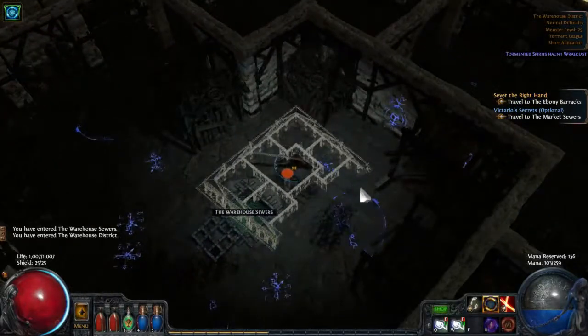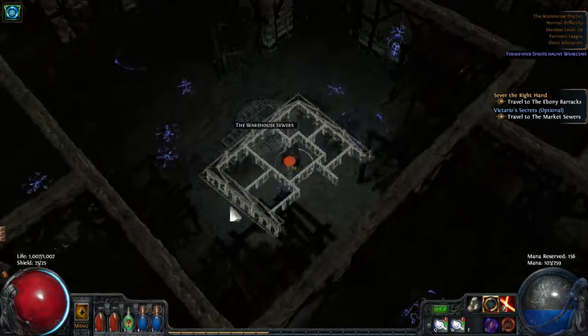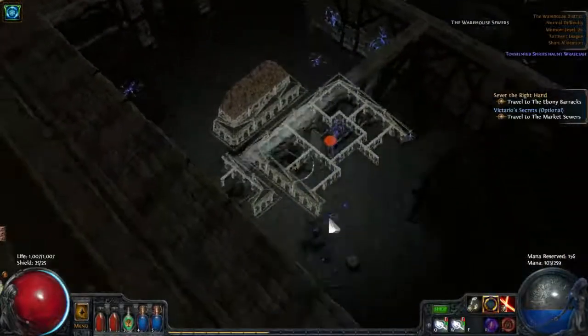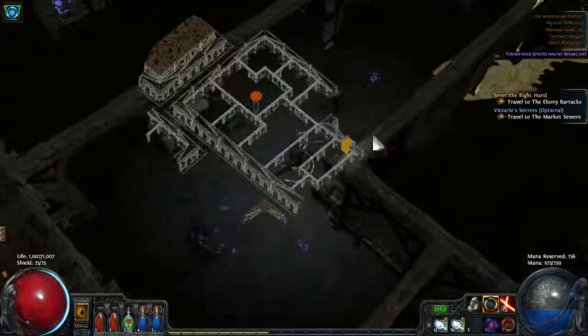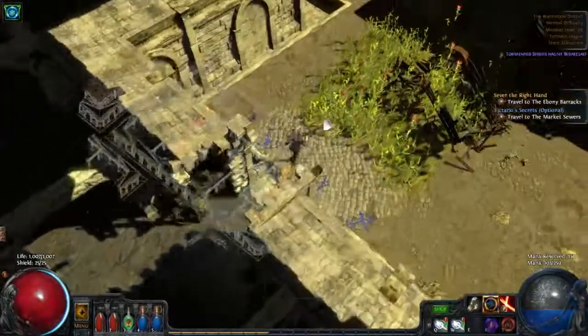and this is basically the warehouse district. It's houses all over the place, and then there are narrow passageways in between the houses. It's a really annoying zone to go through, because it's quite hard to navigate. So you first have to get out of this house. There might be some mobs in here already. Don't see them. Okay. And once you get out,